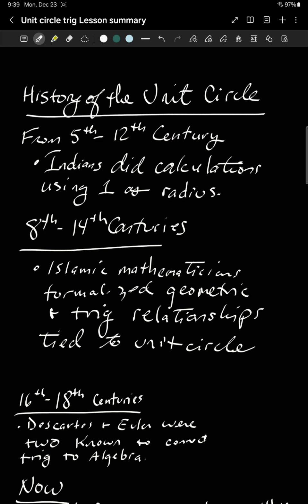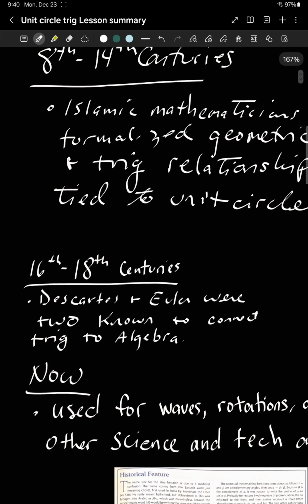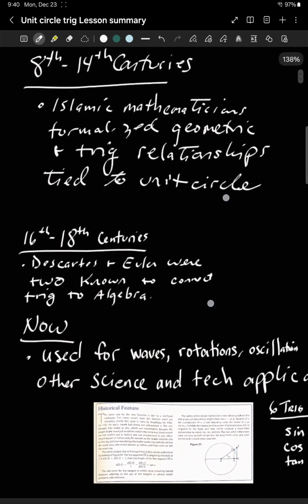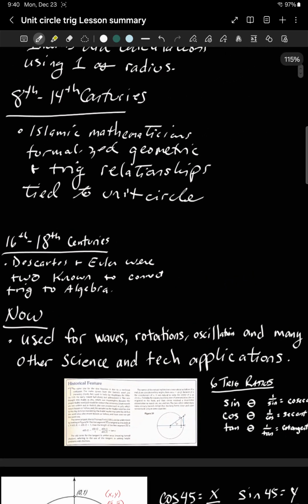And then when we move to the 8th through the 14th centuries, it became well known that the Islamic mathematicians formalized the relationship between geometry and trigonometry and connected it to the unit circle concept. And then in the 16th through the 18th century, two famous guys we've talked about, Rene Descartes and Euler, were known for connecting trig to algebra. Now, the idea of trigonometry, we use it for all kinds of science and tech applications,